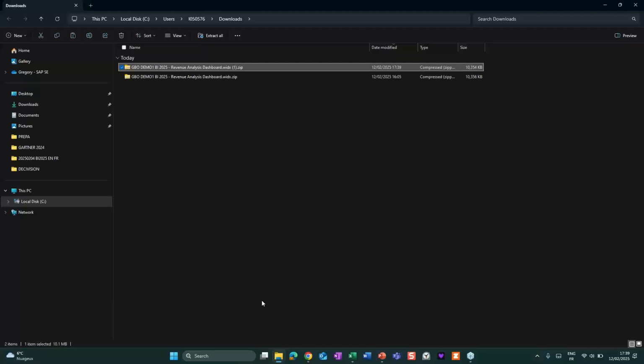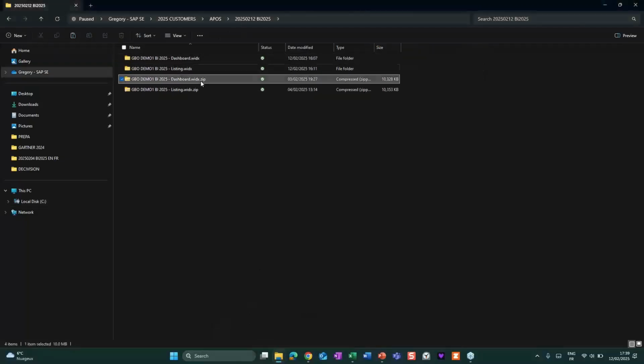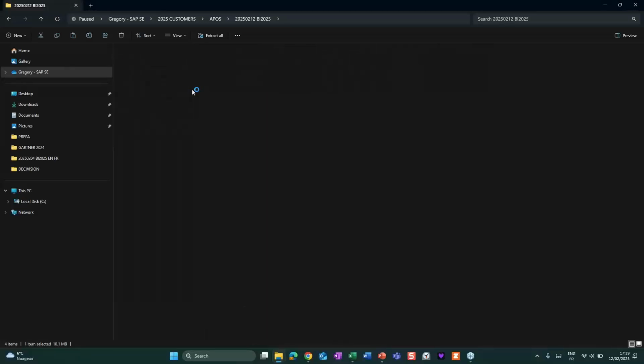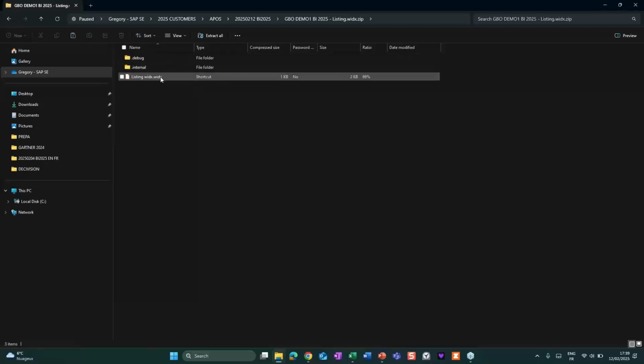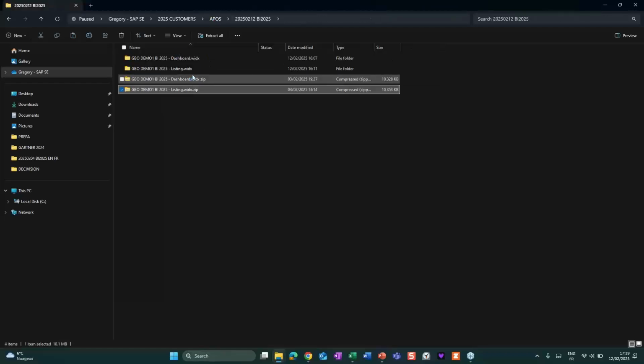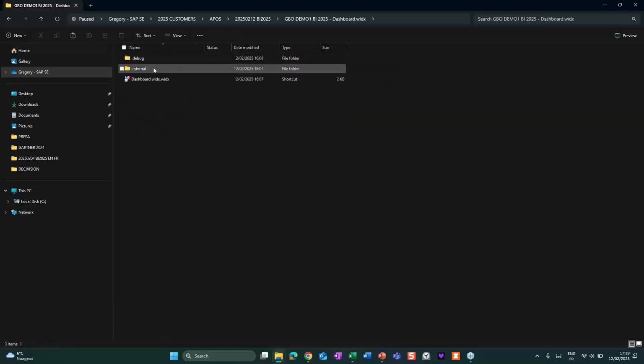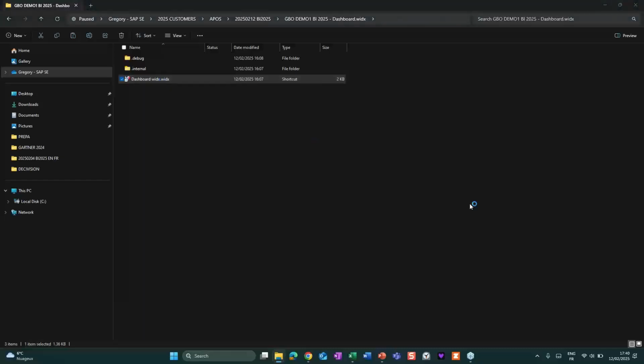And if you unzip this file, I did it previously, this is the zip file, and if you unzip it, this will give us the content. And inside, we have, apologies for that, I want the dashboard. Here, this will give this context and the WIDX document itself. And if you double click on it,